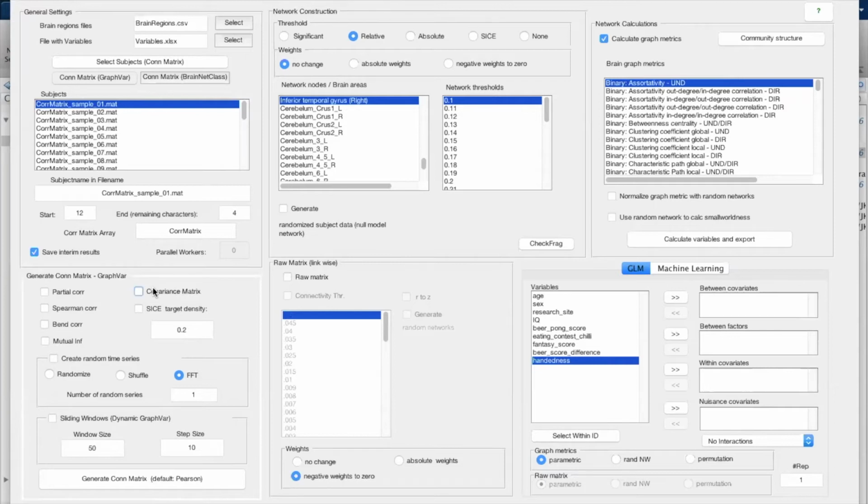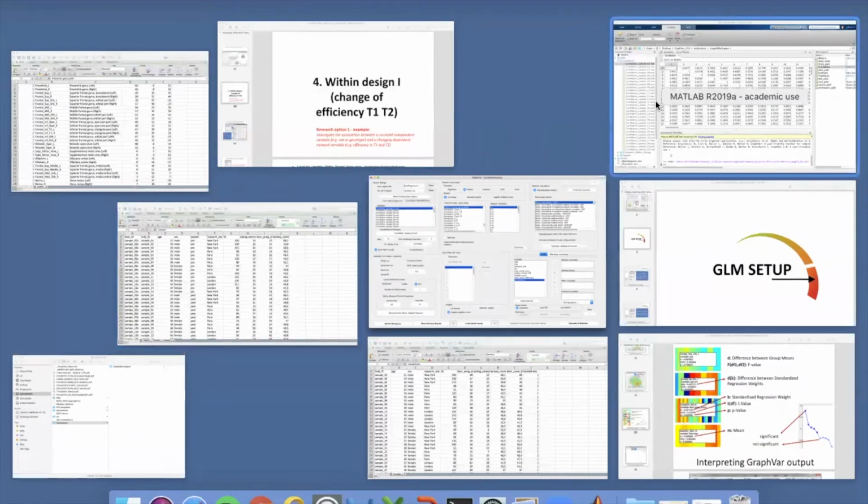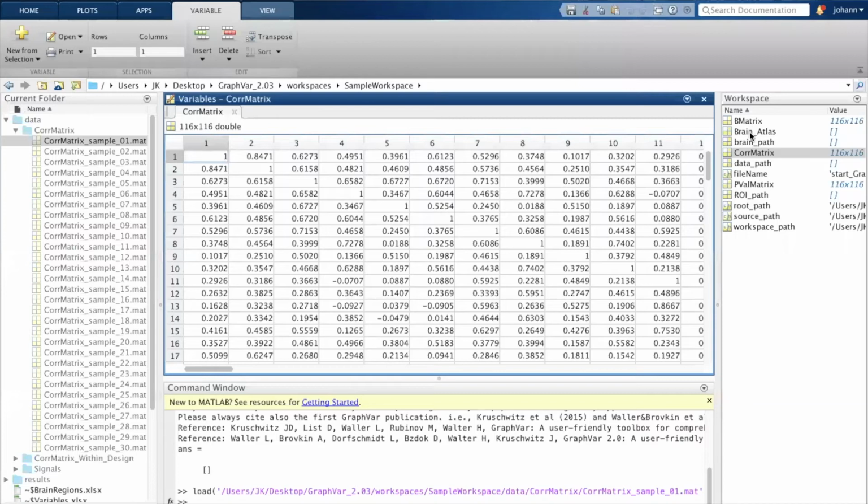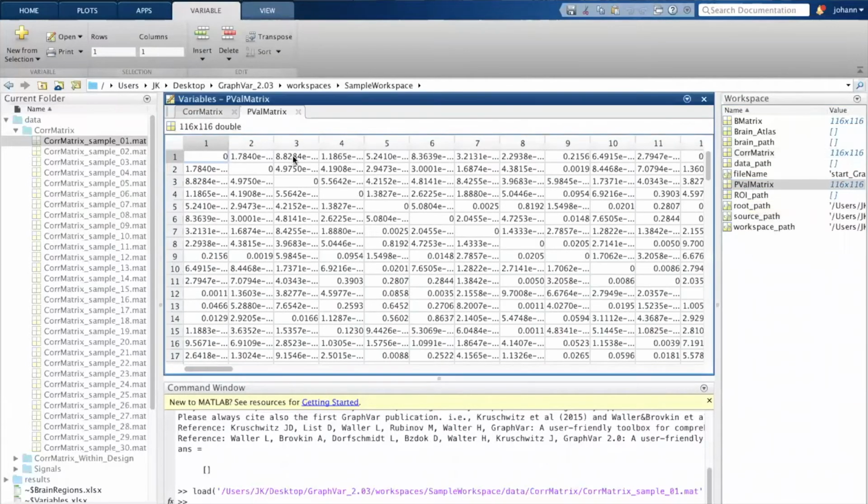Because one of the other good possibilities that you have is that you'll not only get an array, which I just showed you. There are different sub-arrays in those matrices for the subjects here. You also have the P-value matrix, which is the P-value of the specific association between the time course of region 1 and time course 2. But if you get this, for example, from DPABI or DPRSF,